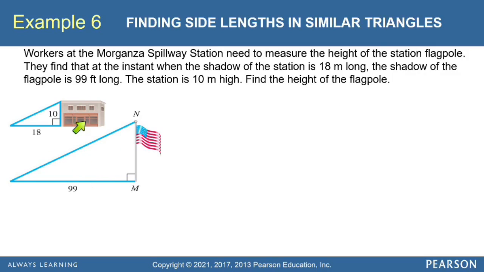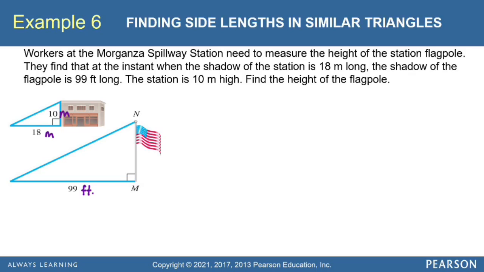So this is obviously the station. They said when the shadow of the station is 18 meters long, so the station is casting a shadow along the ground, and that's 18 meters long. At the same time that they do that, the shadow cast by the flagpole is 99 feet long. And let's go ahead and mark the units. They gave us the measurements in the diagram, but they left off the meters and the feet. So I've put M here for meters and feet here,